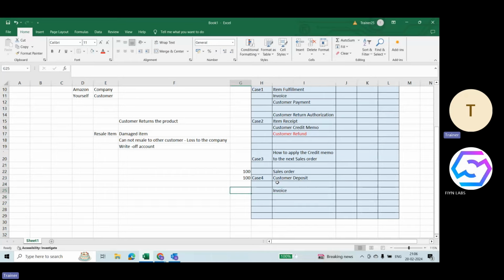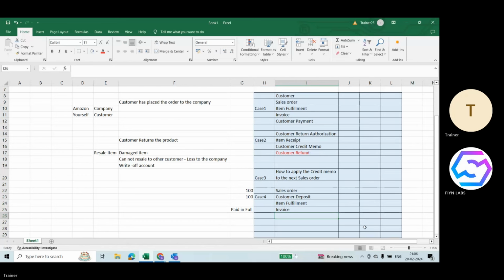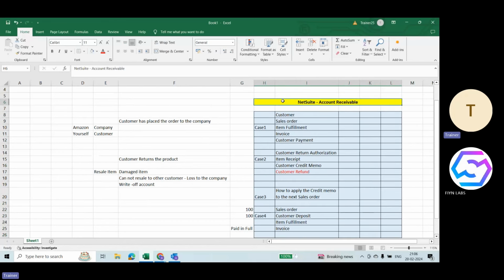That invoice will be generated as paid in full status because you have already paid the money, right? So the next step here is, you create a sales order, you have the customer deposit, and then you fulfill the product to the customer location. So item fulfillment is captured. However, invoice is created in paid in full stage. So here you don't need to create any customer payment. Okay, so that's what this account receivable cycle is for